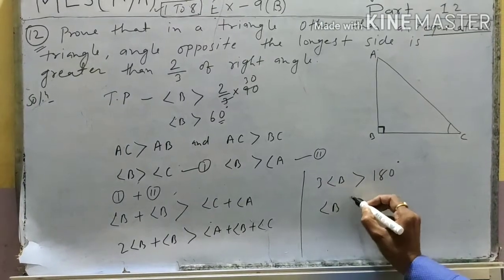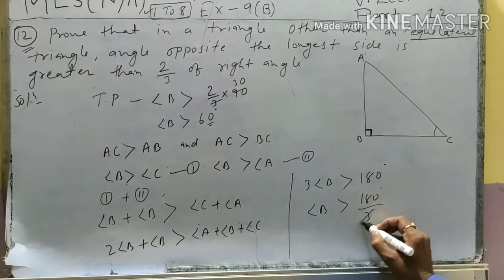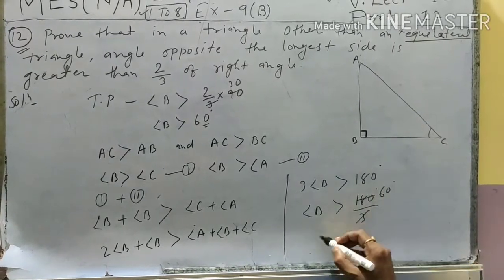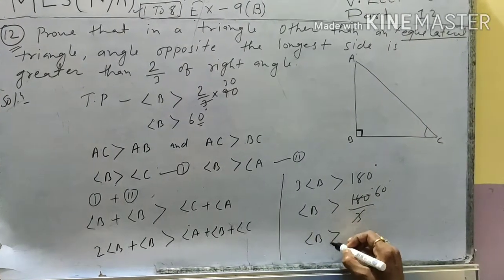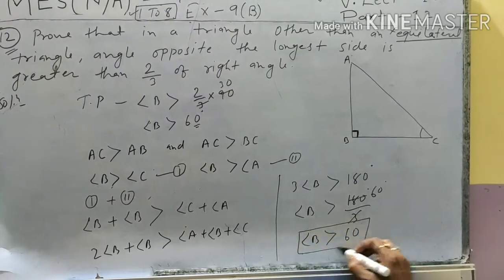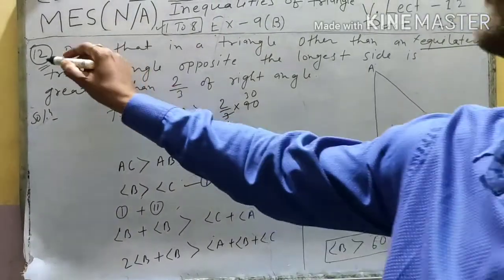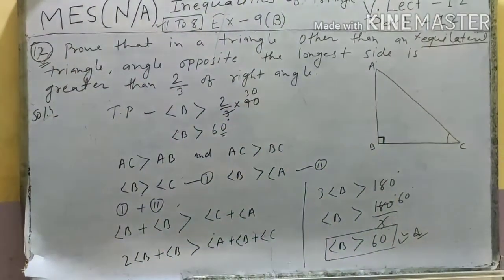So angle B is greater than 180 degrees divided by 3, which is equal to 60 degrees. So finally, angle B is greater than 60 degrees. This is your result. Okay student, I hope you will understand question number 12 also. The next question is,